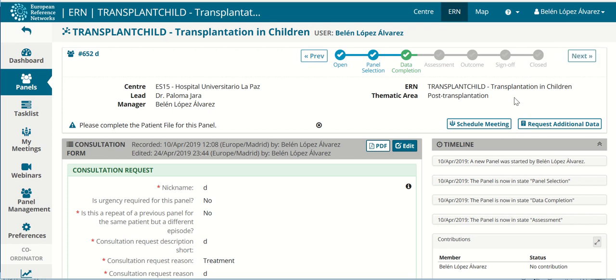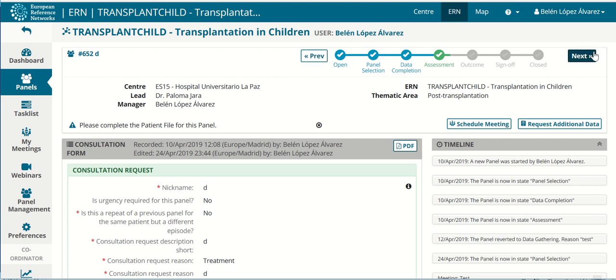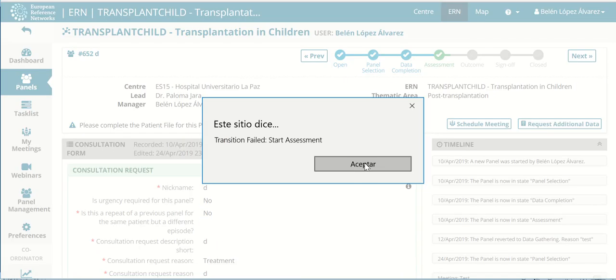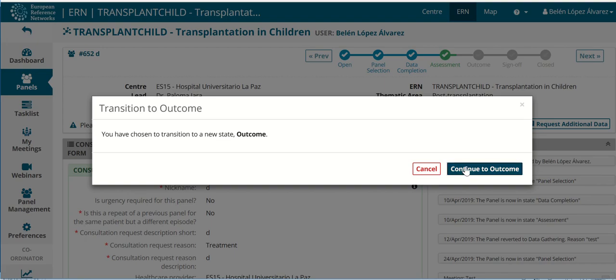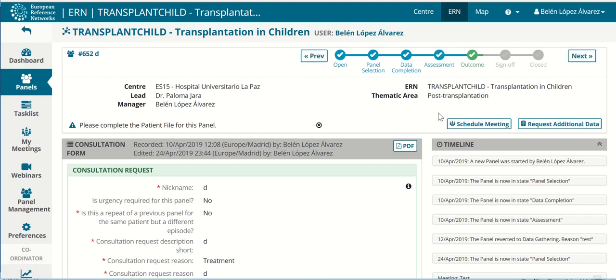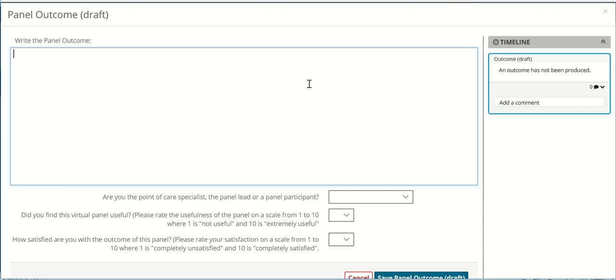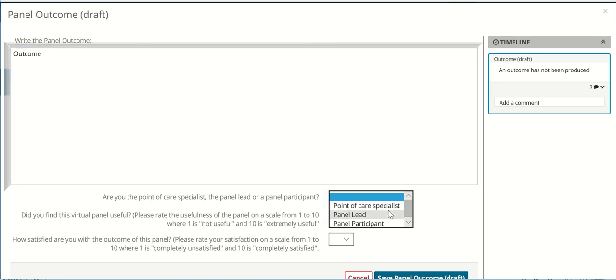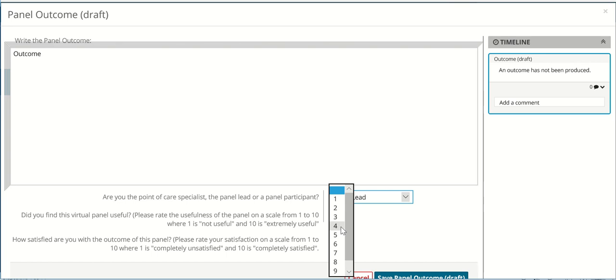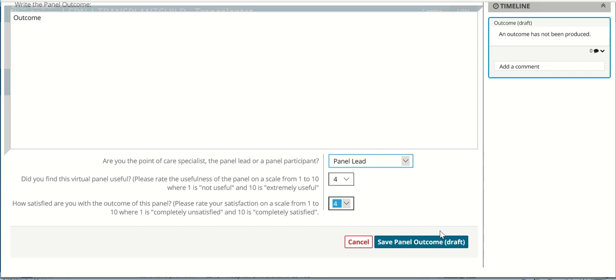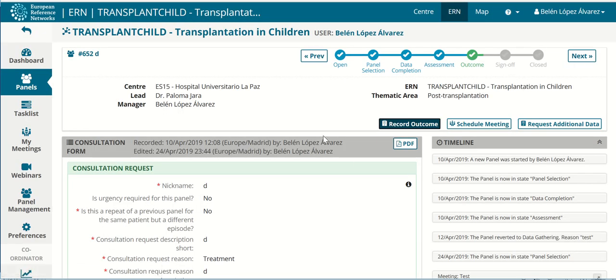If we go into the outcome stage, you can write an outcome now by clicking record outcome. And there is this small questionnaire where you have to indicate the success of the panel and if you are satisfied. Okay, once you save the draft, you can go into the sign off stage,